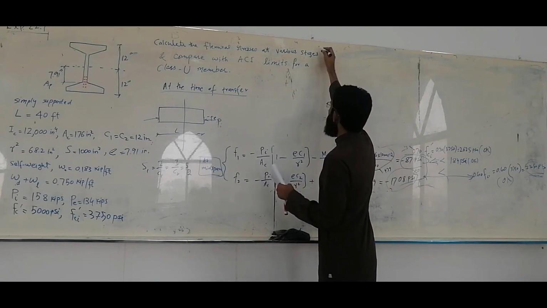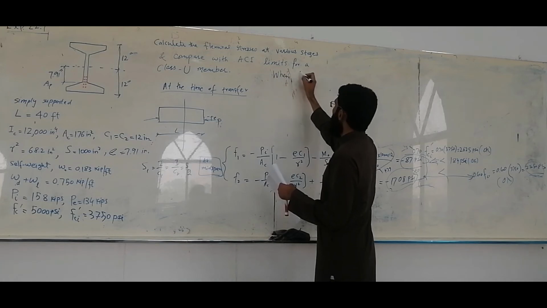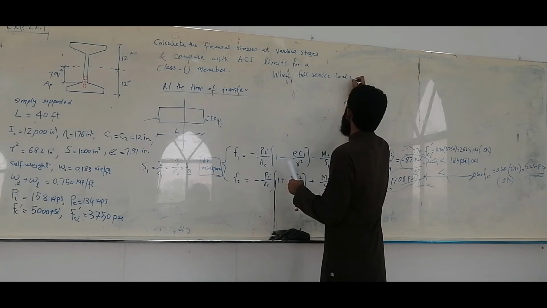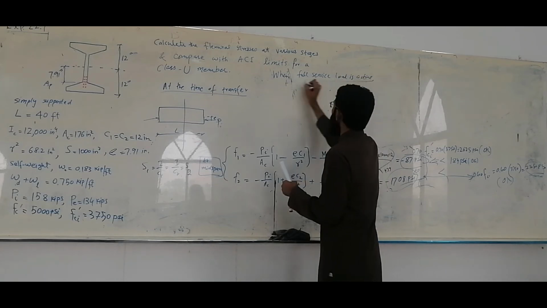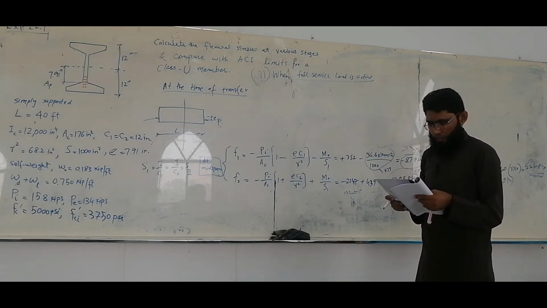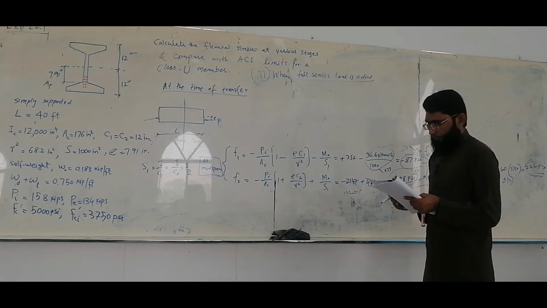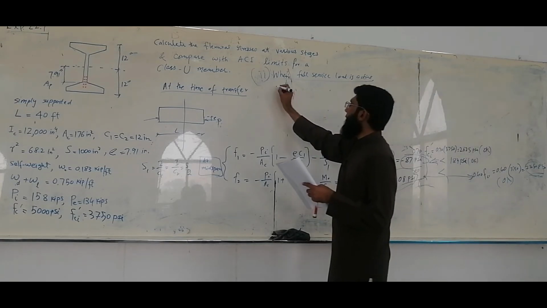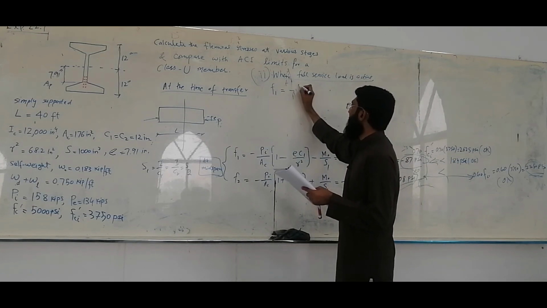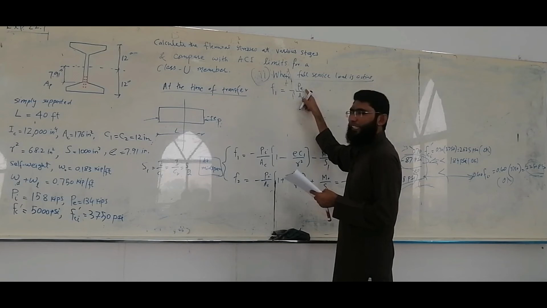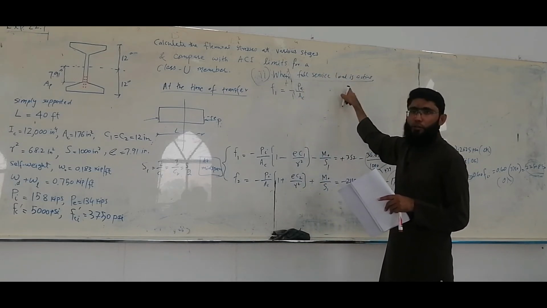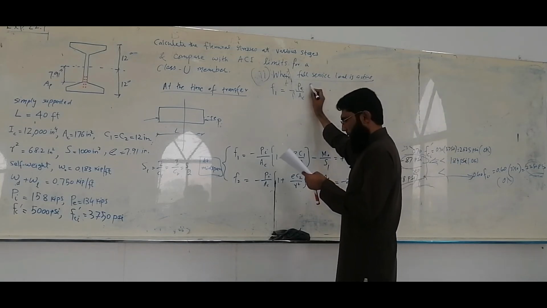So next is when full service load is acting. This is the second stage, second part of the problem. Okay. Now at this stage, you will calculate again the top and the bottom stresses. At the top, you can write again minus PE over AC. Now I'm writing PE because now I'm at the stage of full transfer, full service load applied. Okay, times